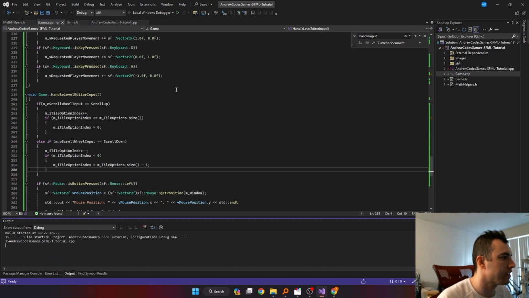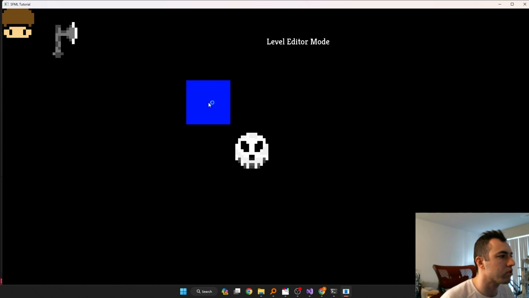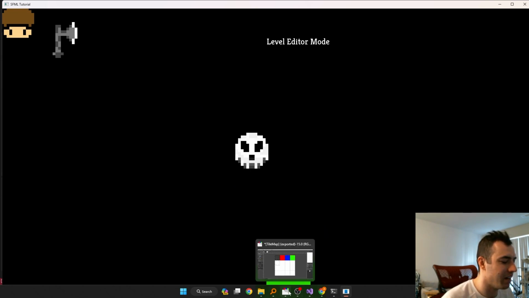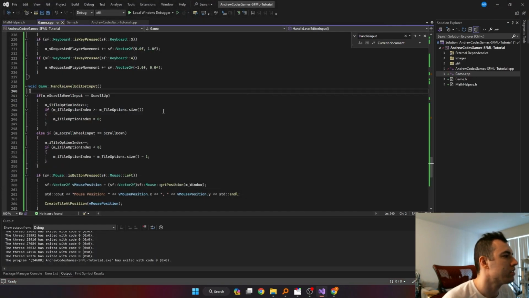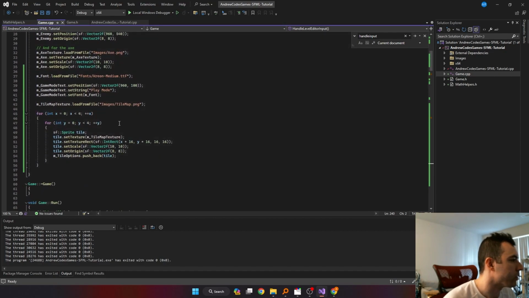So now if we save this, go into the game, go to level editor mode, and then use the scroll wheel, you'll see we have green, red. All right, it's not in the order that I expected it to be. So it goes like brick, white, white, white, white, green. Oh, okay. Whoopsie. So it doesn't really matter which order we have it in, but if you look at this,